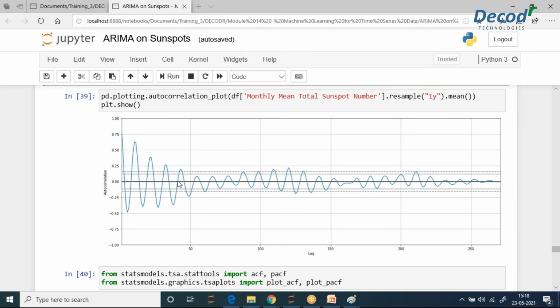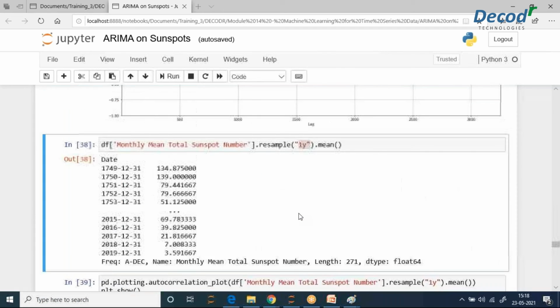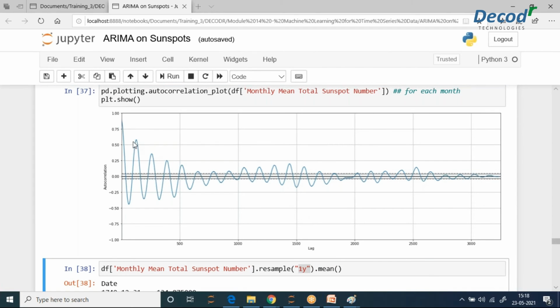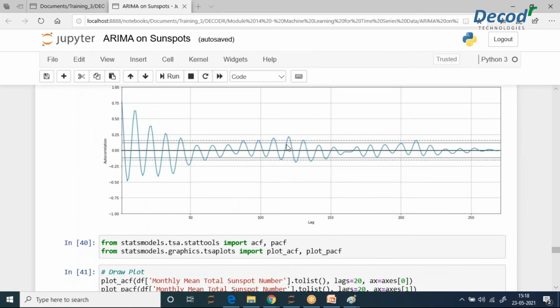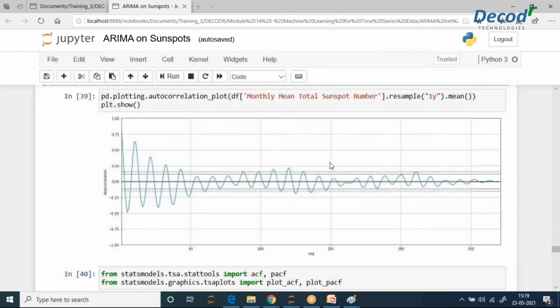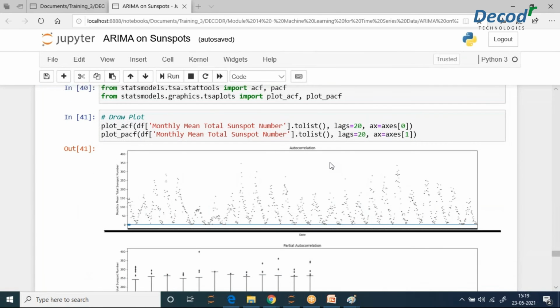Which is giving more correlation? This is less, no? Less correlation. Overall, look at the height, here the height is comparatively more. So it's yearly, because we have seen previously also that monthly we are not getting that much of a pattern. This is just a confirmation that yearly we are able to get more correlation. Fine, so this is our plot.